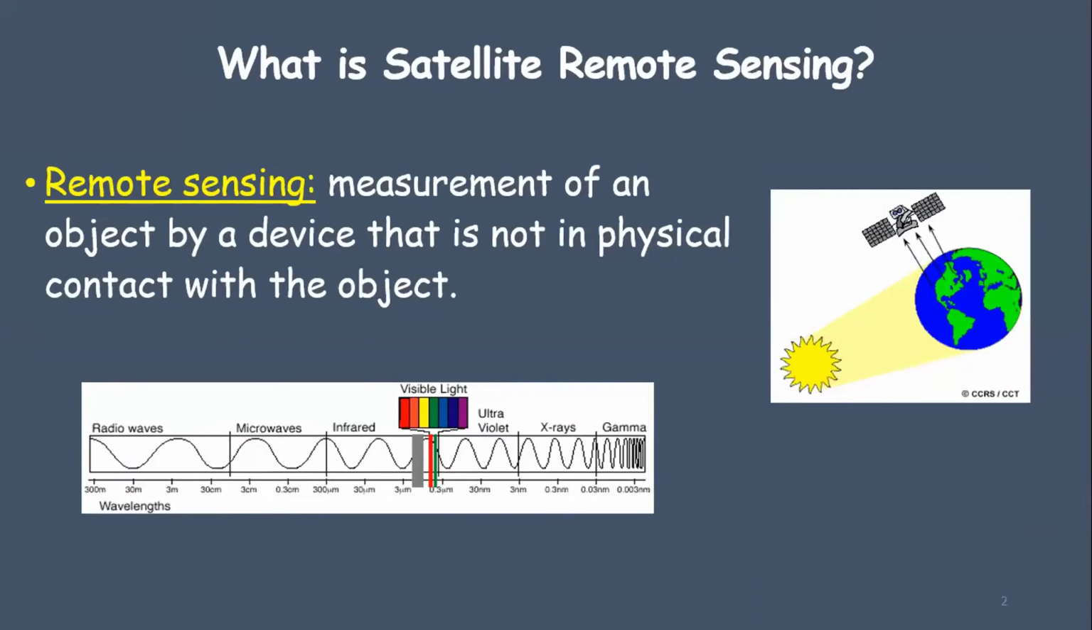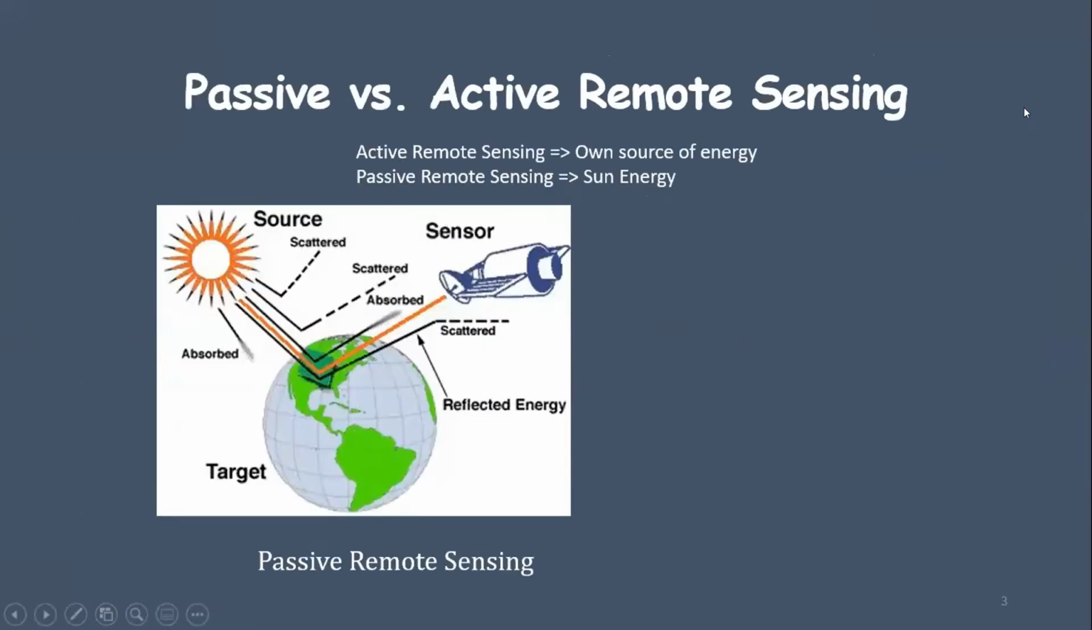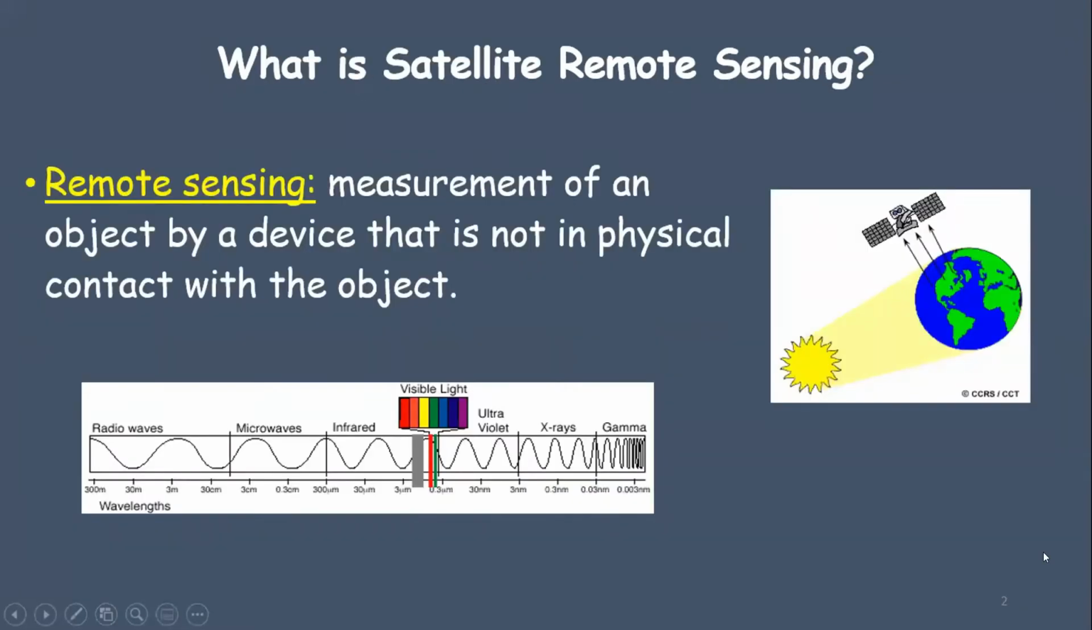So first of all, what is remote sensing? I think most of you students are aware of what remote sensing is. Basically, remote sensing is a measurement of an object by a device that is not in physical contact with the object. And in this case, usually what we do is we use a satellite as an instrument which